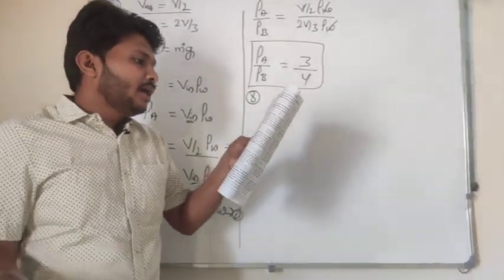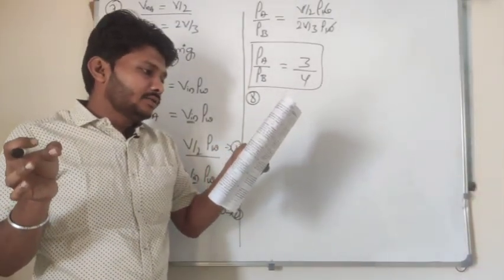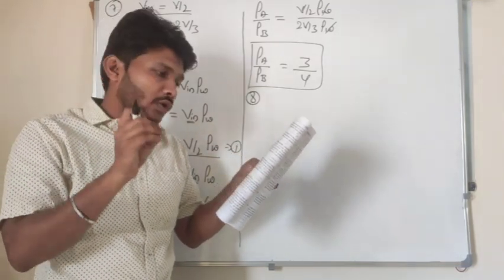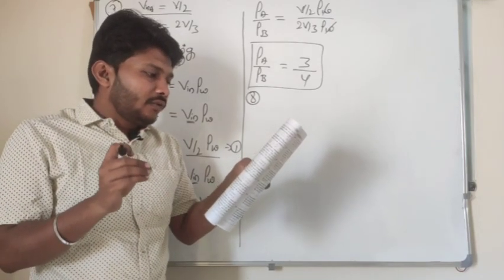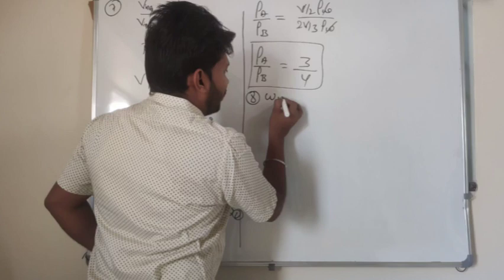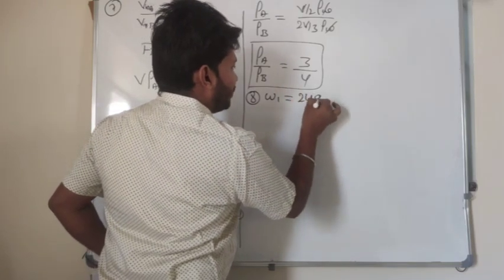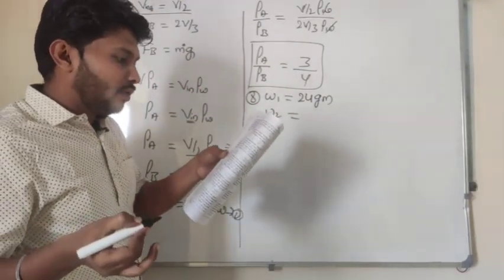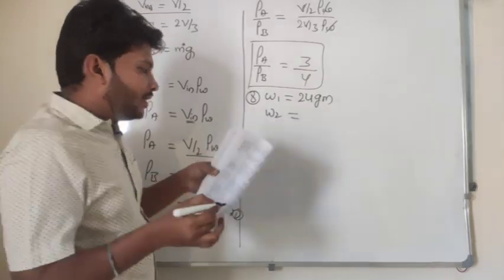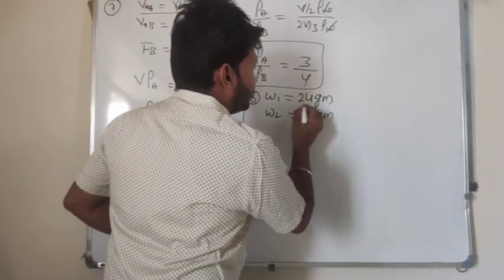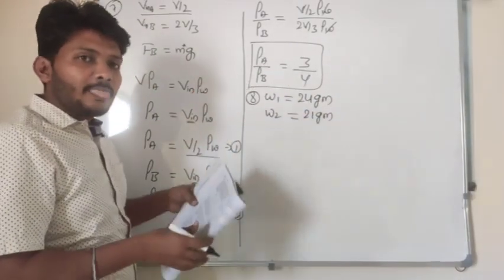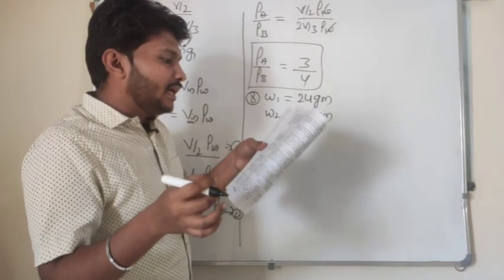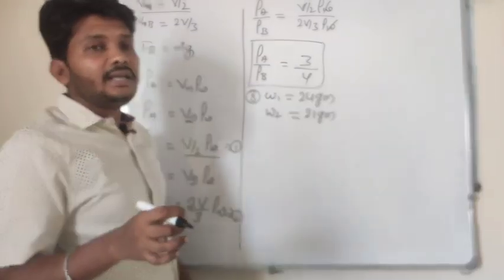8th question. A block of solid insoluble in water. An object is there, it is insoluble in water. Its weight is 24 gram in air. So W1, the weight of the body in air, is 24 gram, and the weight of this body in water, W2, is 21 gram. So the object loses weight if it is immersed in water, right? Then it is completely immersed in a liquid of specific gravity 1.1.